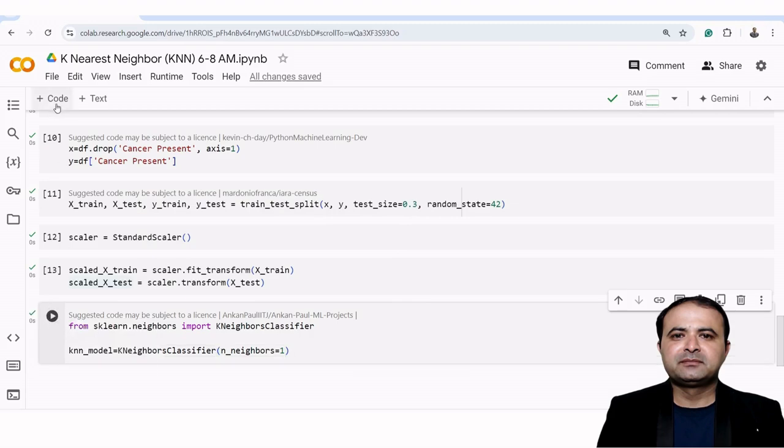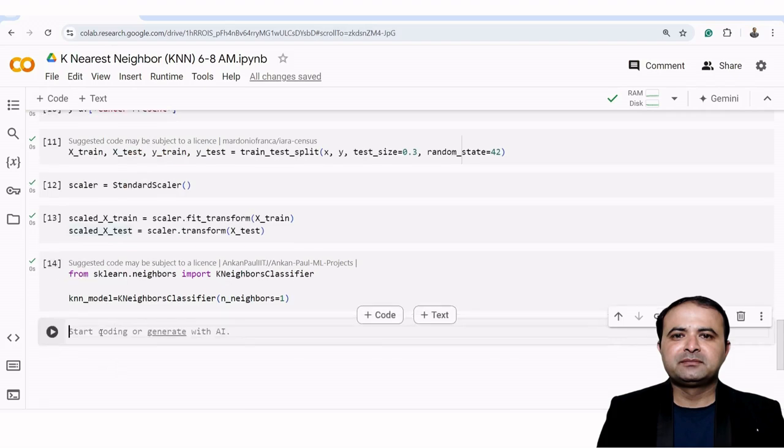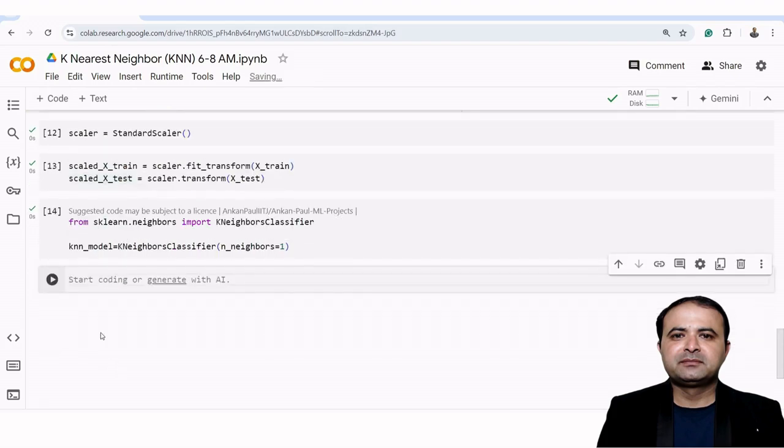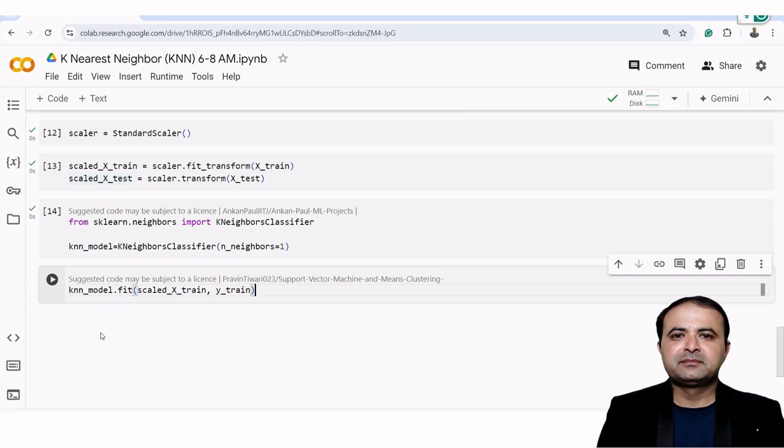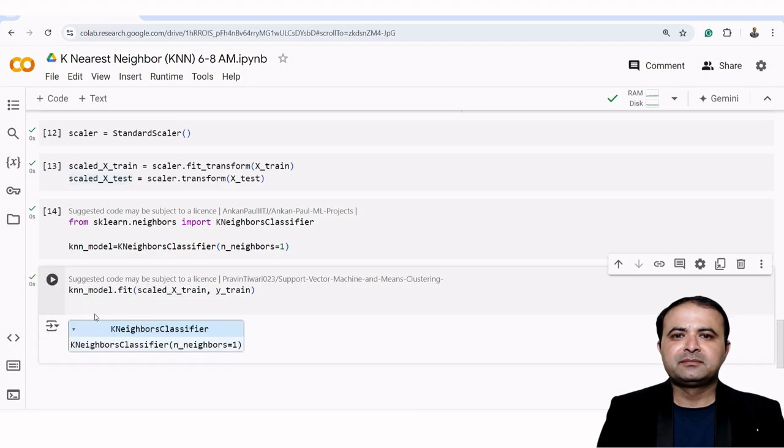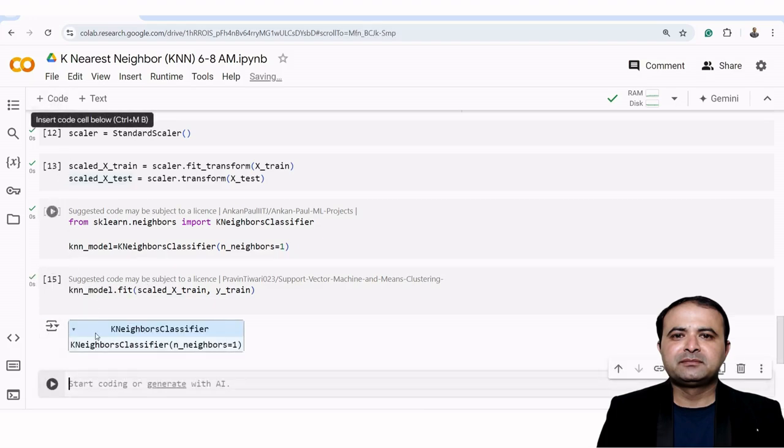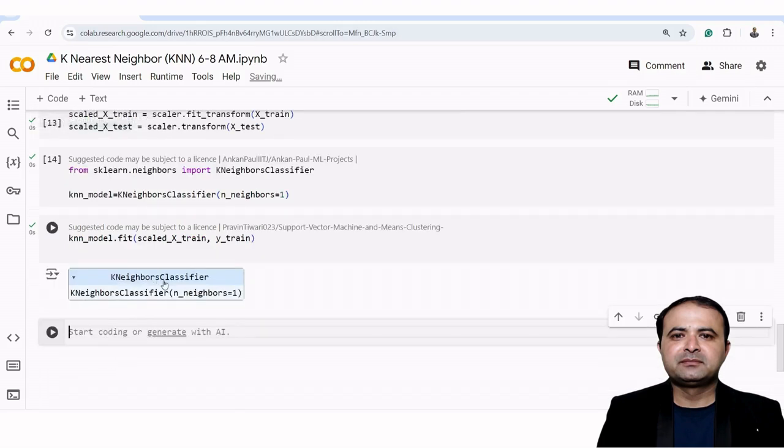Again I want to execute. Once we have successfully defined the classifier, I want to fit the KNN model, knn model dot fit, with the scaled training data and the y train data. Once I have successfully trained the K neighbor classifier,